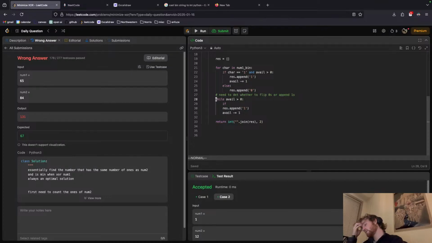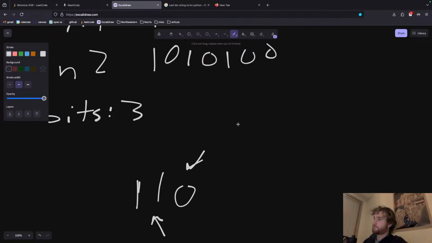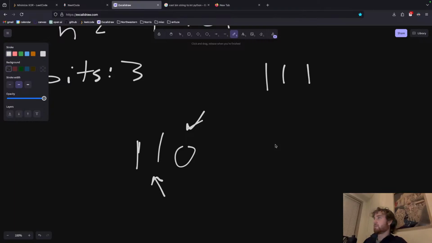Because in the case where we have to set 3 bits, and we have just 1, we need to append them. So an easy check would be if they're all 1s, then you have to append a 1. But then if the count is 0, sometimes if you have something like this,